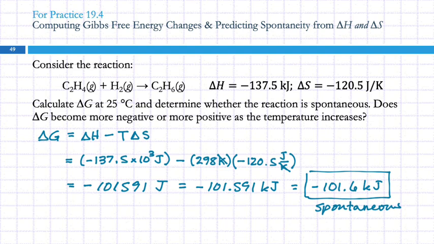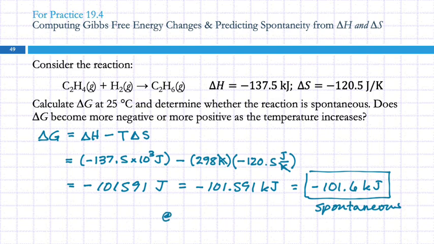And if you have a hard time thinking about stuff like that, what you can do is just plug in a number. Let's say that it's 398 instead, and I'm just going to calculate it. Negative 137.5 times 10 to the 3 minus 398 times negative 120.5